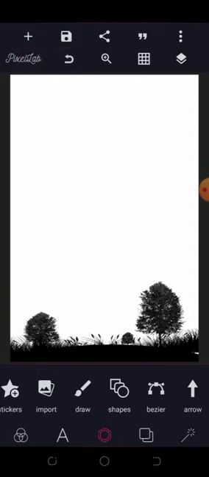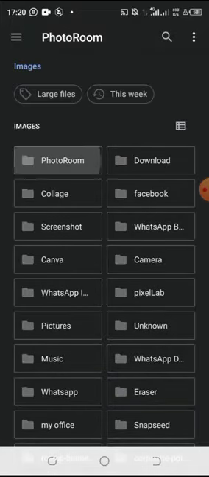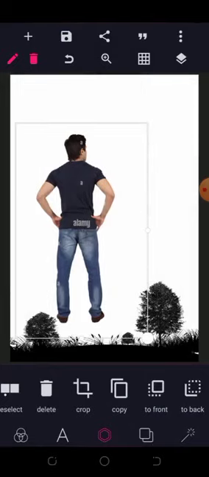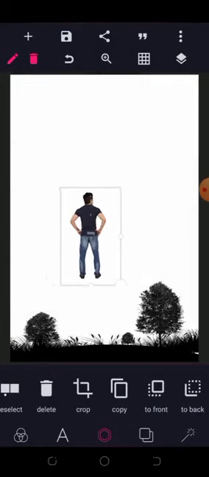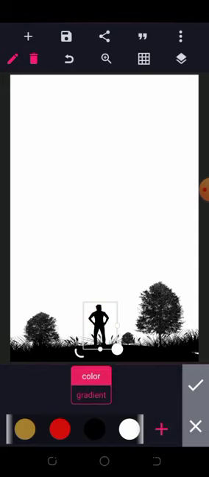So let's bring in the man image by going back, going to photo room. Then I'll bring the man image again, once again. Sorry, I deleted it earlier on, but I'll show you how we did it. I'm going to position it this way, like the man is standing a bit farther from the bigger tree ahead. Then I'll give it the color black to see how our work is looking. When we verify that our work is good,